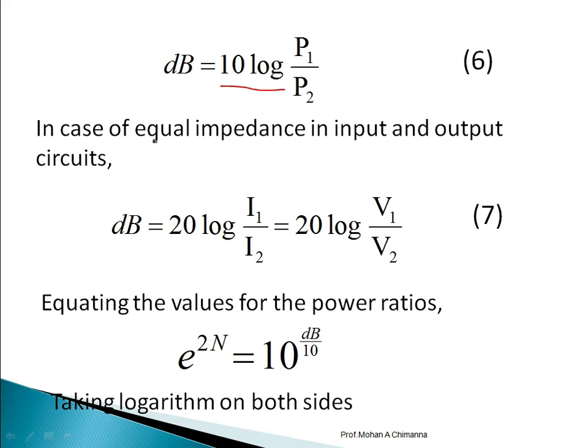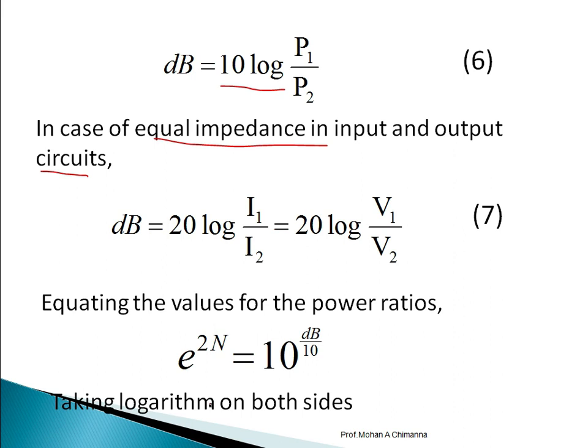So at equal impedance of the input and output circuit, dB equals 20 log of I1 by I2, which is equal to 10 log of P1 by P2. Equating the values of the power ratio, e raised to 2n equals 10 raised to dB by 10, that is, the log of P1 upon P2. Taking the logarithm on both sides,